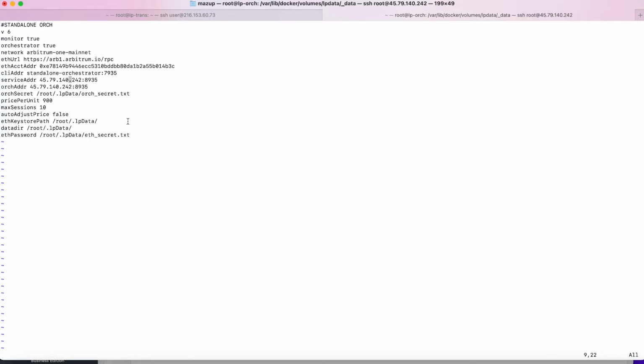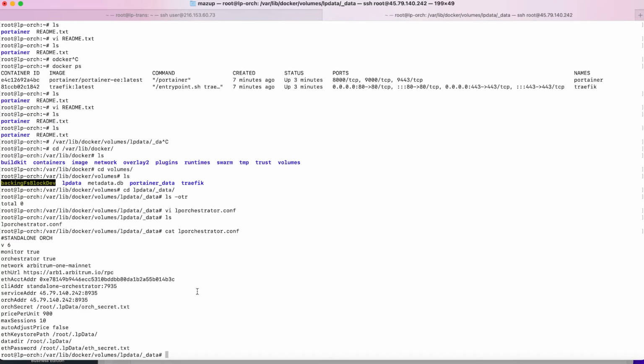Okay, now you'll see here, we are going to need an orc secret, and we're also going to need an ETH secret, and we're going to need the private key for this. And that private key has to exist at the same root directory. So right where this file is, all of these other files, orc secret, ETH secret, and also the keystore file, the JSON file, will need to be placed here. All right, now we need an ETH secret, and we also need an orc